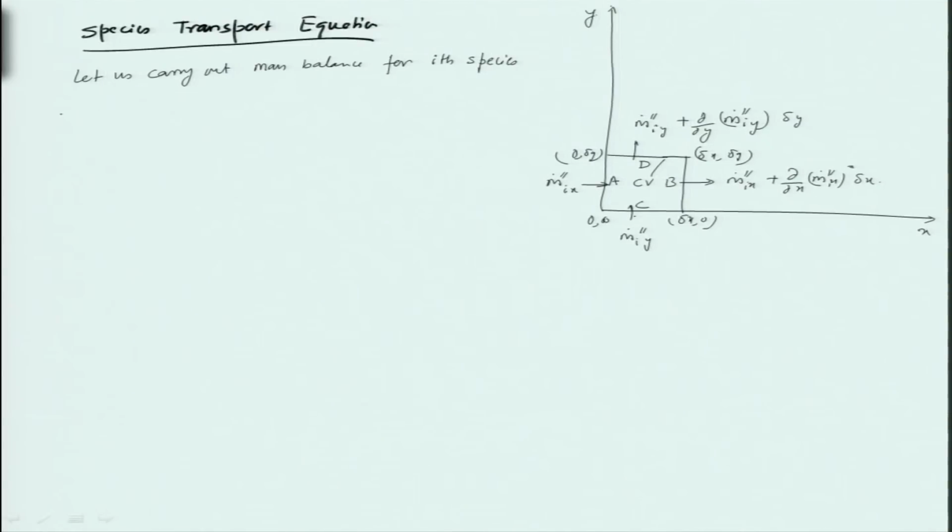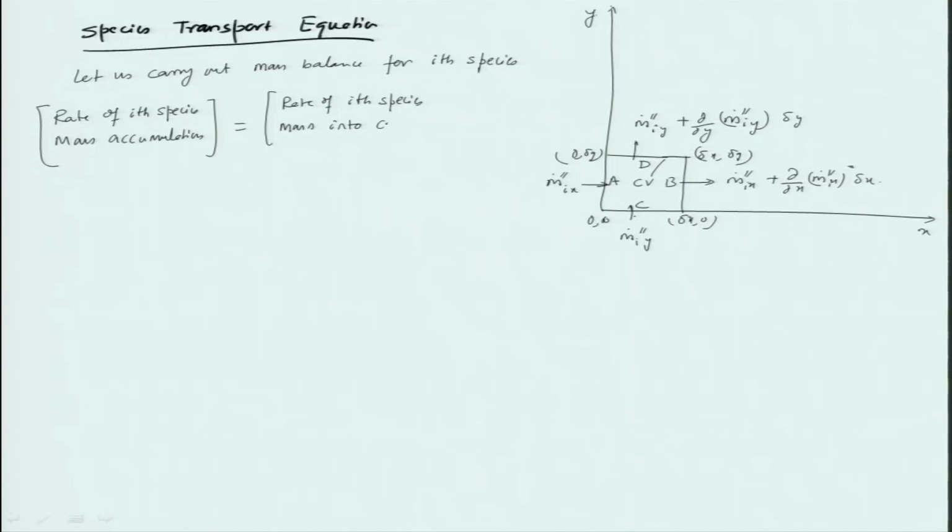So, that is basically the rate of ith species mass accumulation is equal to the rate of ith species mass entering into the CV